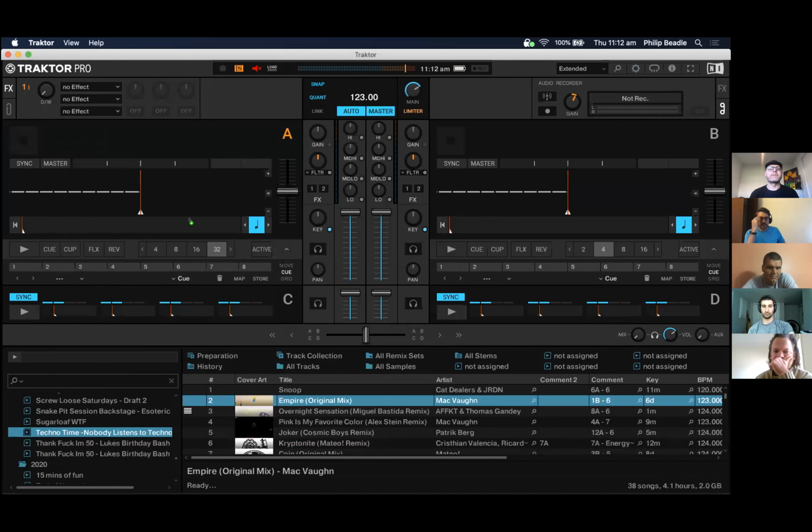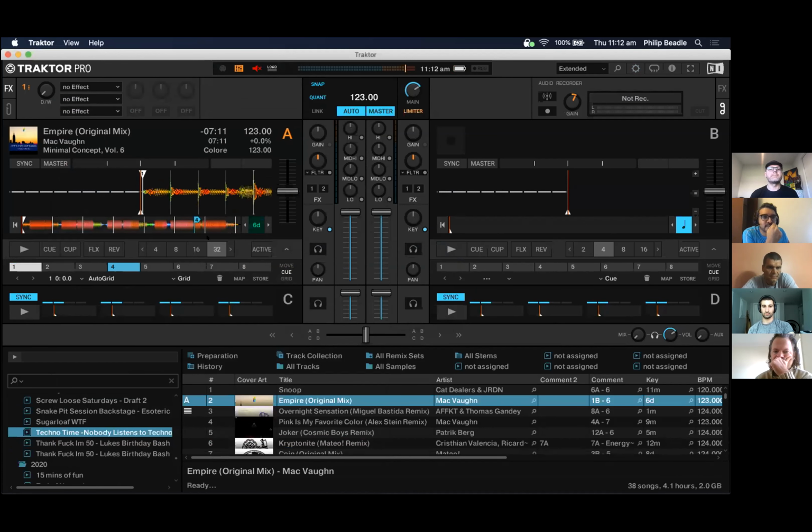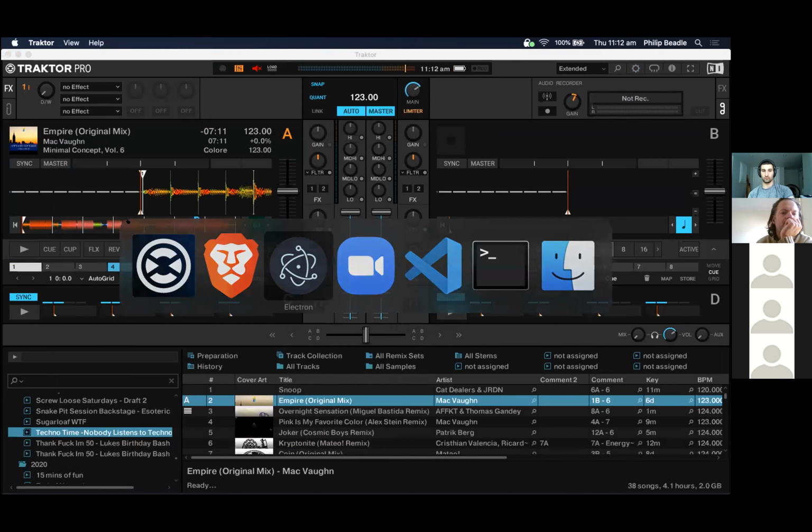So if you just look at a track, right, see how it's different colors and all that kind of stuff. So with this information, you can tell a lot about the track. Like, you know, lots of bass here, hi-hats, not very loud, loud, etc. Right? So what occurred to me was that if you